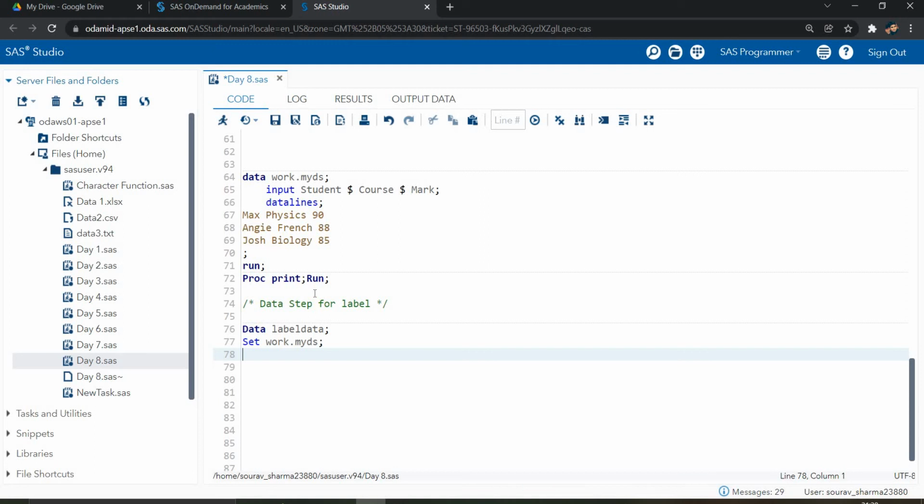I copied my data with the set statement. Next I'm using the label statement. Now what do I want to label? I want course as course name; in single quotes I write the course name.